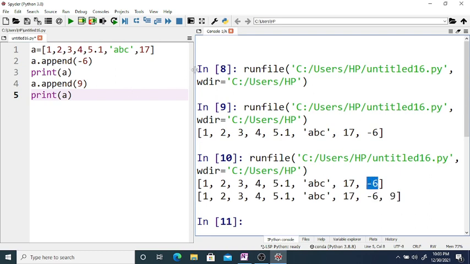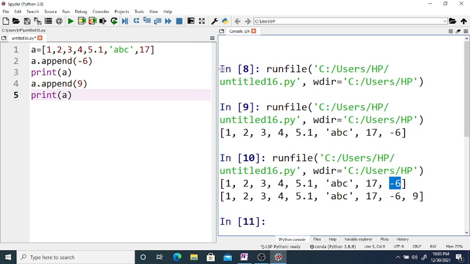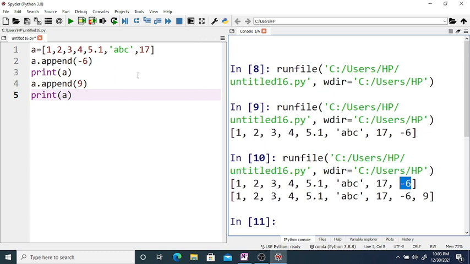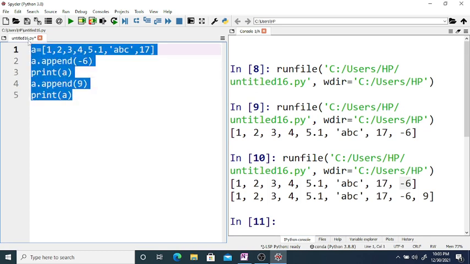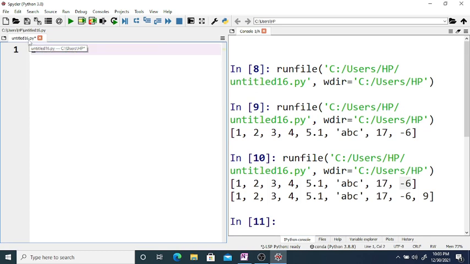So this way you can append more elements to the list by using a for loop. For example, if you want to append the first 6 elements, define your empty list, a is equal to an empty list.